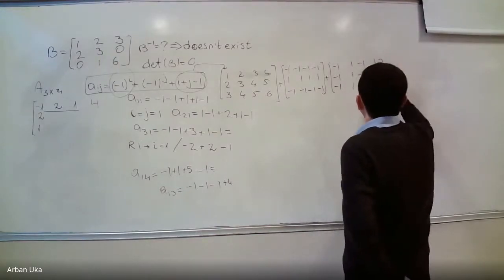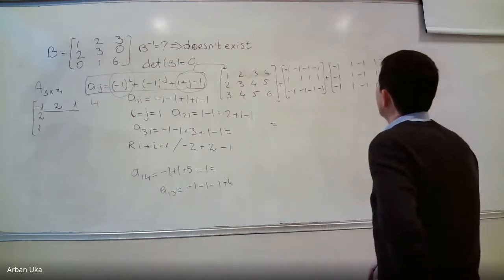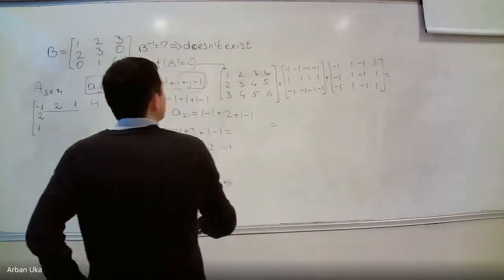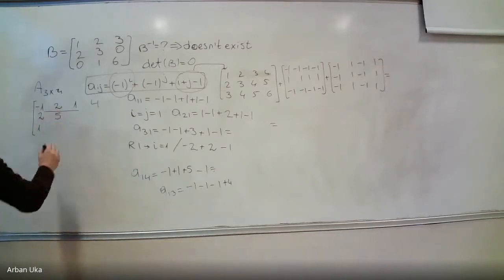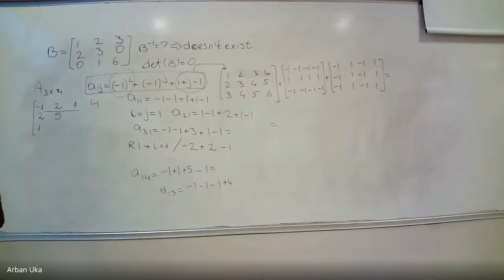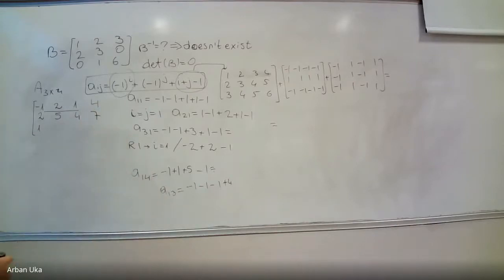Good. So we have these three matrices, and we should get that little piece of matrix over there. So here we really have minus 1, then 2, then the first one I guess is correct. The second row we get 2, 4, 5, here we have 5, 4, this is 4, 5, 7, and here we have 3, 1, this is correct, 1, then we have 4, 4, we get 4